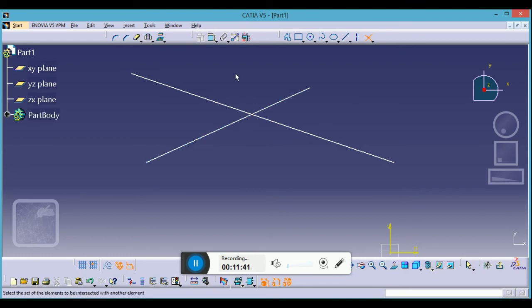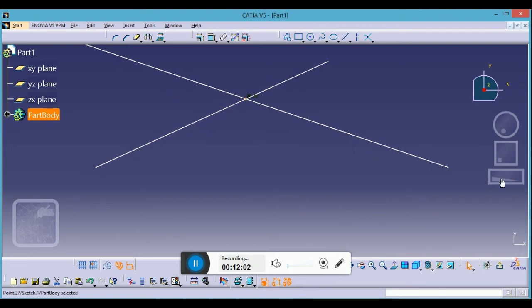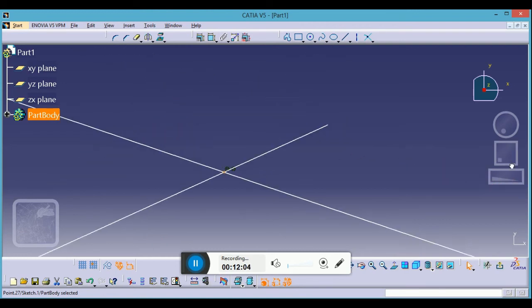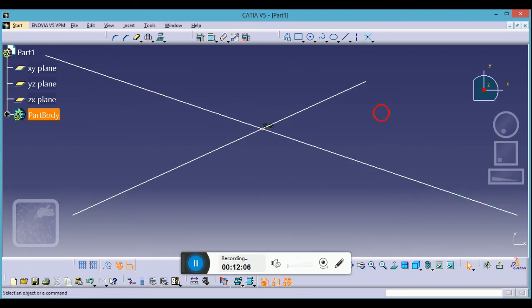Okay, after selecting the command, the software will ask you to select the first and second line, in between which you want the point. So just press M1 and next press M2. You will see here that it has generated a point between these two intersecting lines. Okay, at the junction where it is intersecting, it has a point. So that's all about this command.